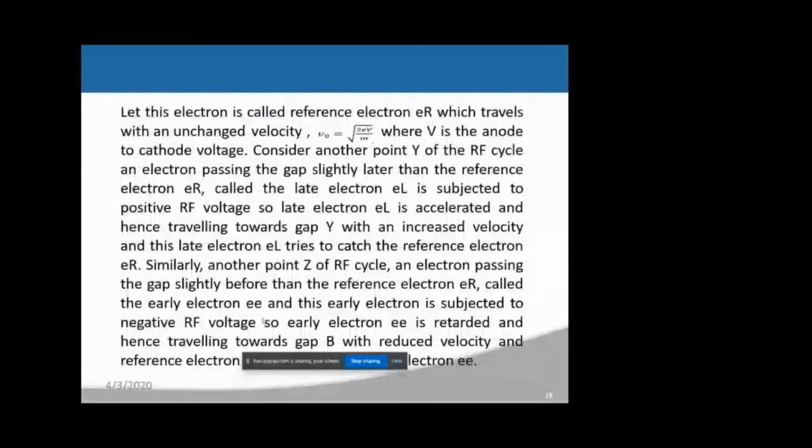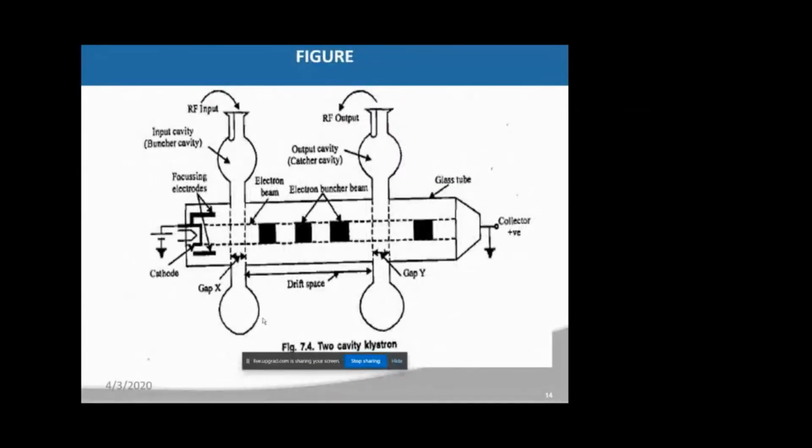Now, what is going to happen here? Taking the order of electrons as C first, then B, and then A, there are chances that electrons A, B, and C can meet and combine in the drift space. There are many electrons, because the electron gun is continuously emitting electrons, so these electrons may combine with each other.